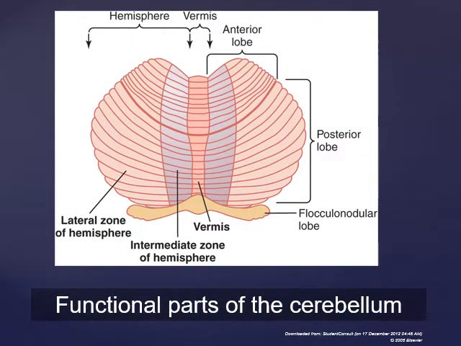Now, much of our interest is the functional part of the cerebellum, that is the physiological parts, and we can see we have divided this into longitudinal sections. The midline is called the vermis, and lateral to the vermis we have the intermediate zone or hemisphere, and then the most lateral we have the lateral zone of the hemisphere. Each part has typical functions: the vermis, the intermediate, and the lateral part of the cerebellum.